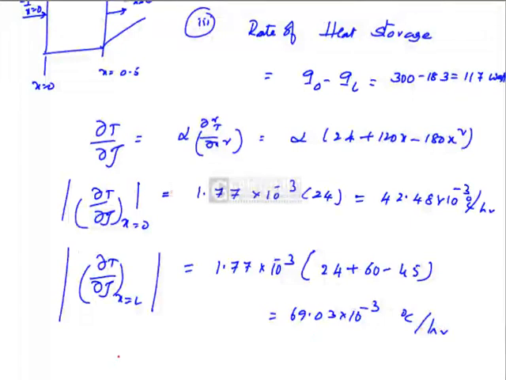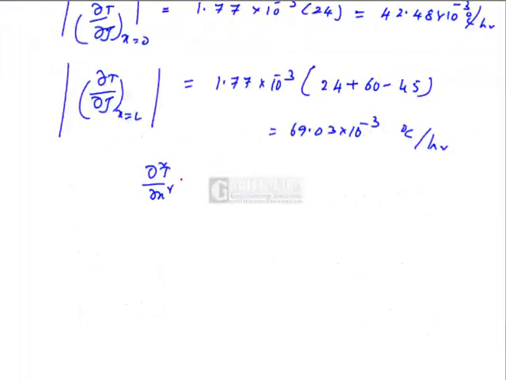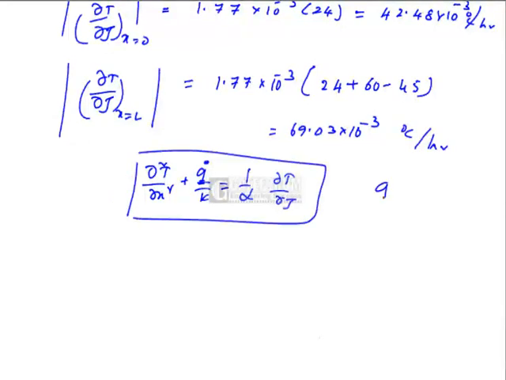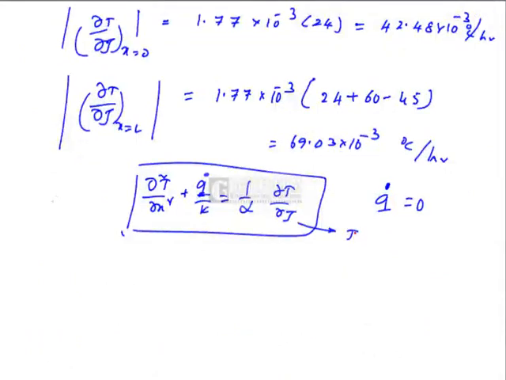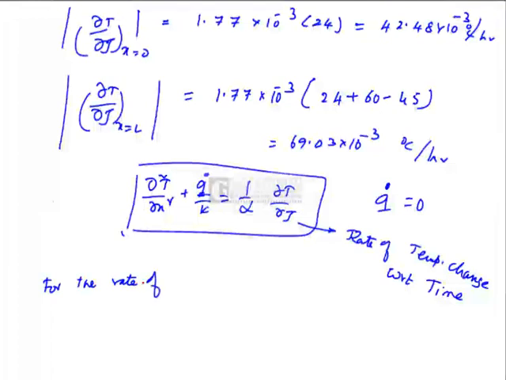Because if you take one-dimensional heat conduction, ∂²T/∂x² + q dot/k = (1/α) ∂T/∂τ. Here there is no heat generation, q dot is 0. Therefore, ∂²T/∂x² into alpha is ∂T/∂τ, which is the rate of temperature change with respect to time. Lastly, for the rate of heating or cooling to be